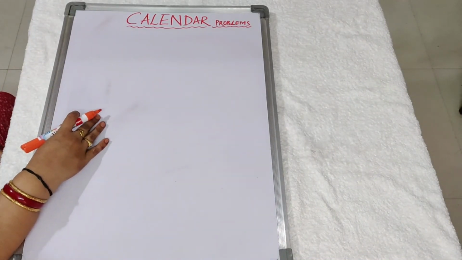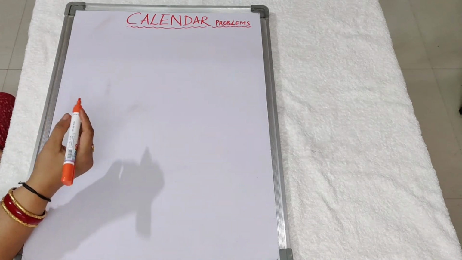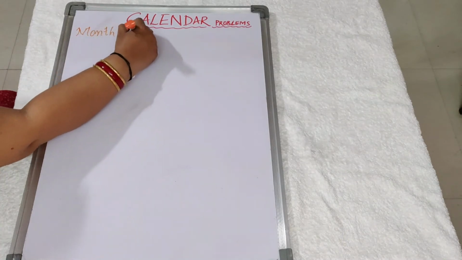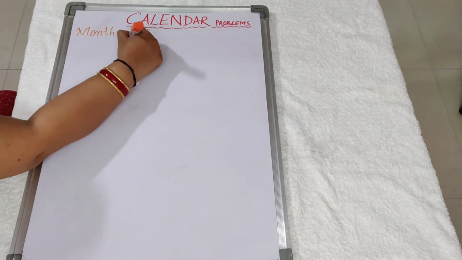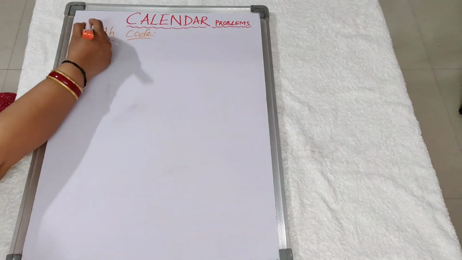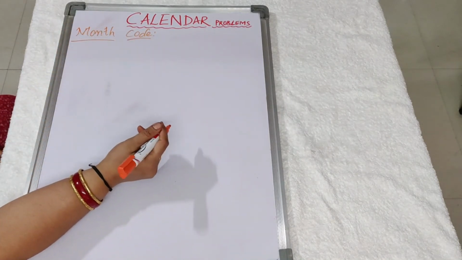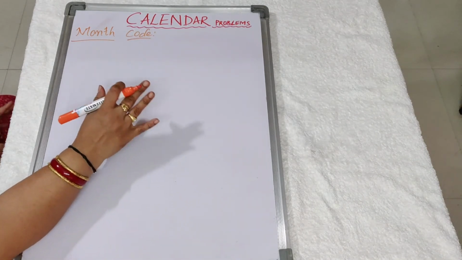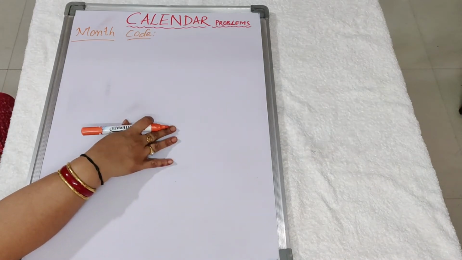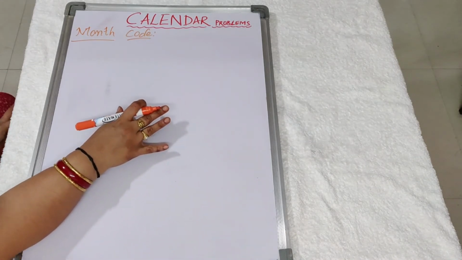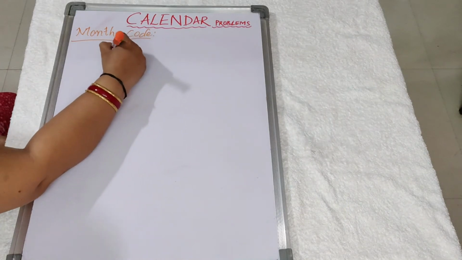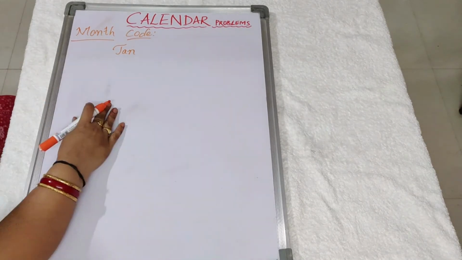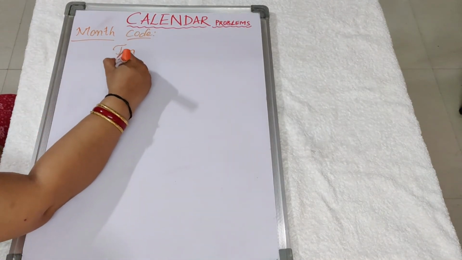Okay. So let's move on to the next code in the formula. It is the month code. So how did we get this month code? We have already seen in part 1 in the formula that we have tables, and we are directly doing problems from those values. So how we got those values is the concept behind it. So let's quickly go with the month codes. So first let us write down the month names.